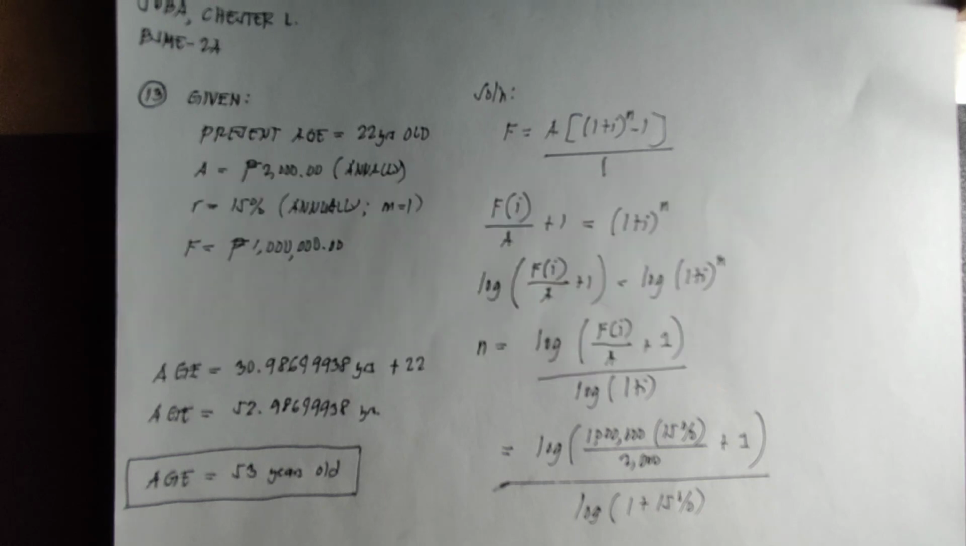So we are tasked to find the age, or how old will she be when the fund has an accumulated value of 1 million pesos. So the given: the present age is 22 years old, and A is 2,000 pesos annually. R is 15% annually. M is equal to 1. Then our future amount will be 1 million pesos. So for the solution,